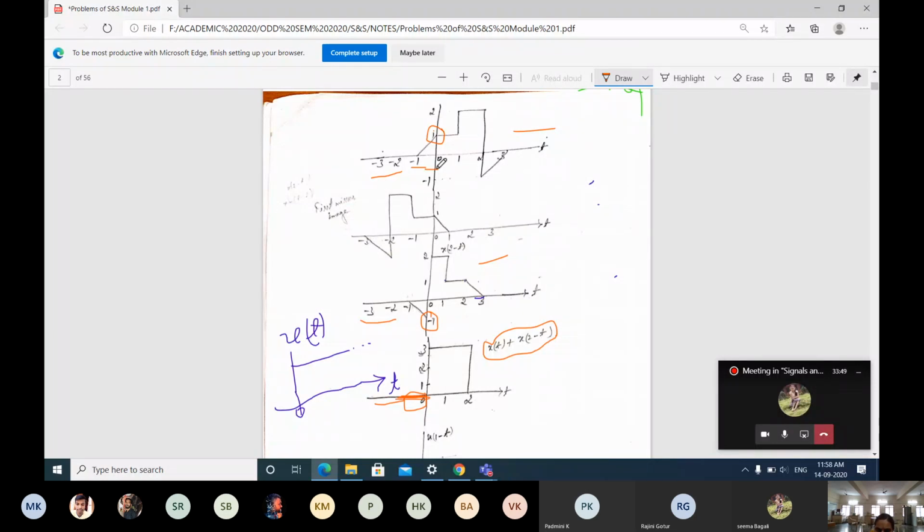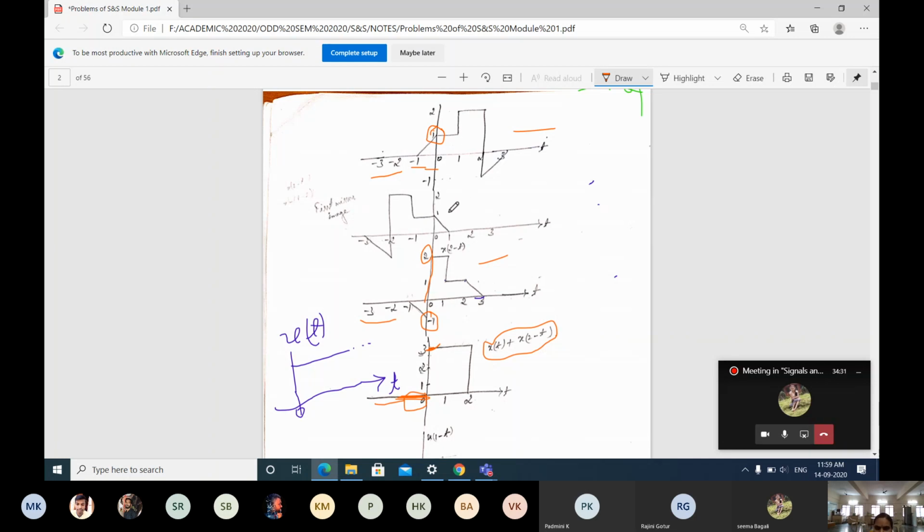Then at 0, exactly at 0, what is the value here? Observe here, at exactly 0, what is the value? Here it will be 1. Amplitude is 1 and 2. Here the signal is existing. This line will be existing there. Here it is 2, here it is 1. 2 plus 1 is going to be taken as 3, right? 2 plus 1 is 3. For that reason, at 0, you will be getting the amplitude as 3 only.